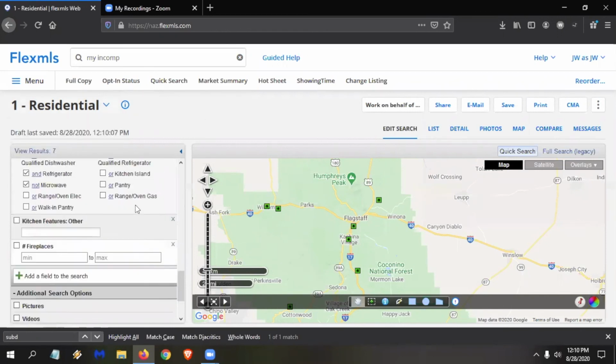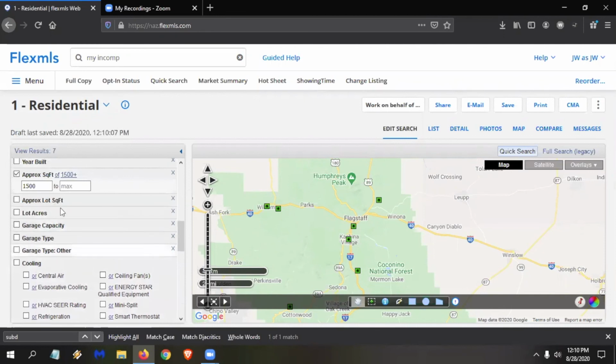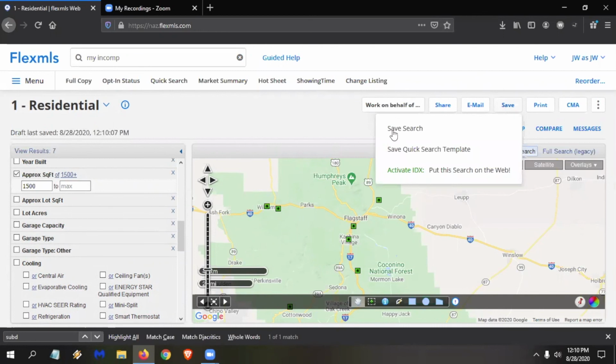Well, what do I mean by templates? Well, the templates are the fields on the left side that are available. Once you start saving stuff inside there, putting stuff in there, that's actually a saved search. So what I mean by that, when I go to save, I'm given two options. Saving a search, meaning this would save a search for 300 to 400,000, 1,500 plus square foot. That's specific for a client. But if I want an actual template, deciding what's on the left side that's available,